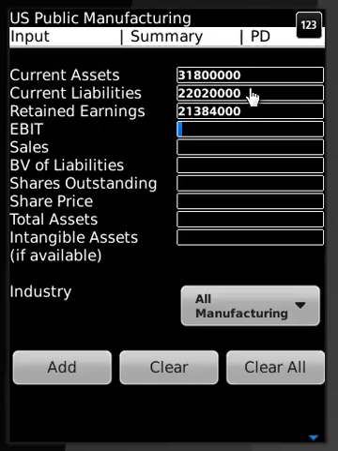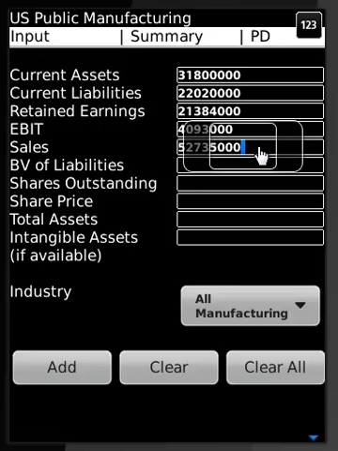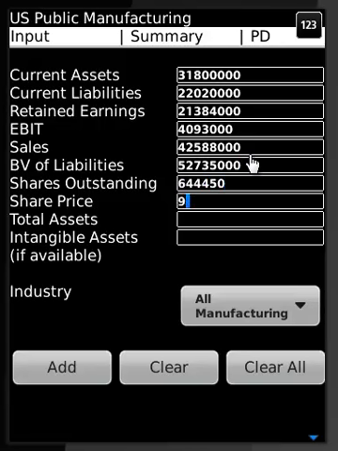EBIT is 4093,000. Your sales is 52735,000, and so the sales is 4258,800, and the book value of liability is 52735,000. Shares outstanding 644450. Share price is 93.66, and total assets is